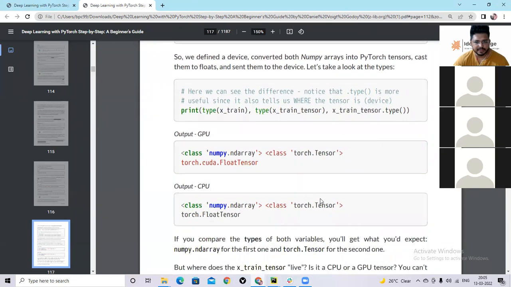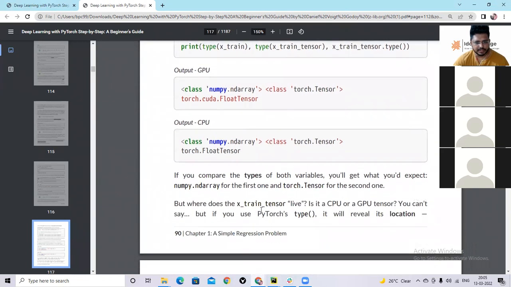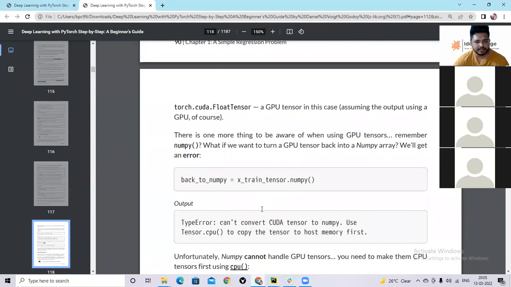The types and everything are printed here. And remember, as I said, the reverse way of converting a PyTorch tensor to NumPy is .numpy, right?